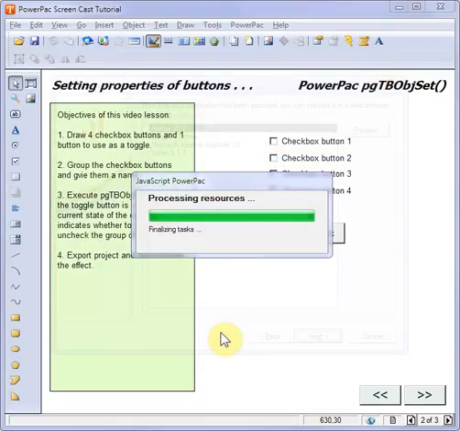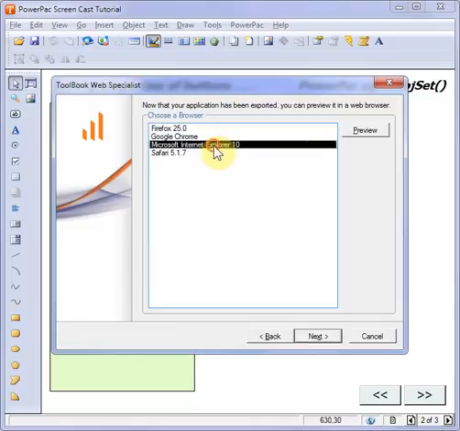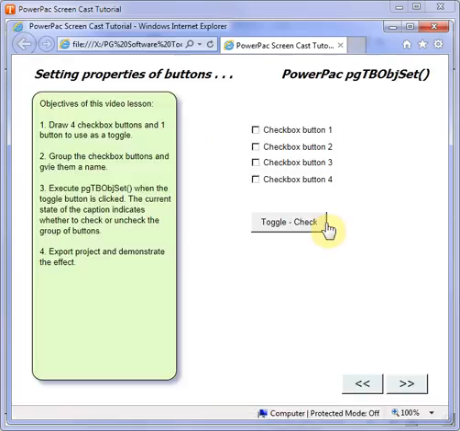Now let's take a look at the results of our work. Currently the buttons are unchecked, so if we click our toggle, the buttons should check. Notice our caption has been changed to read toggle-uncheck. So if we click the button again, then all of these buttons should uncheck, which in fact they do. So we check them, uncheck them, check them, uncheck them, with a single call to